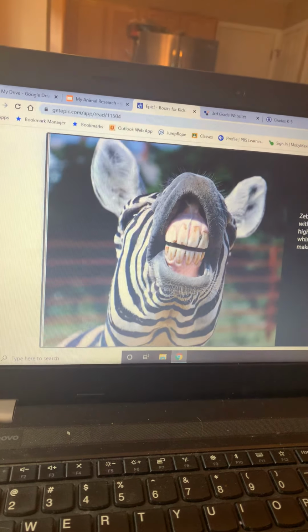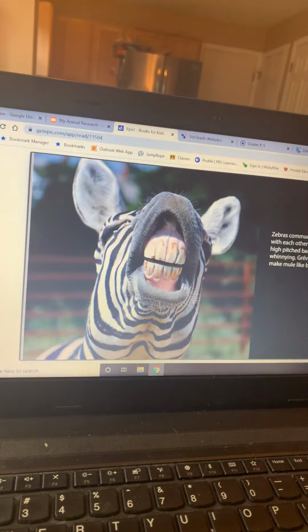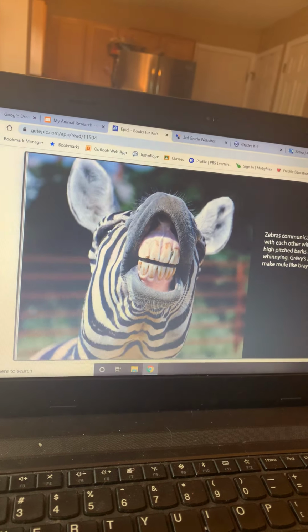That's a great picture, isn't it? It says zebras communicate with each other with highly pitched barks and whinnies. Grevy zebras